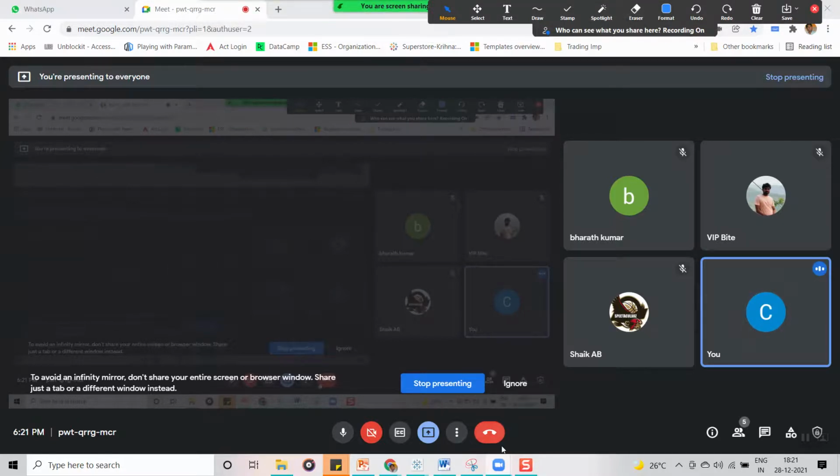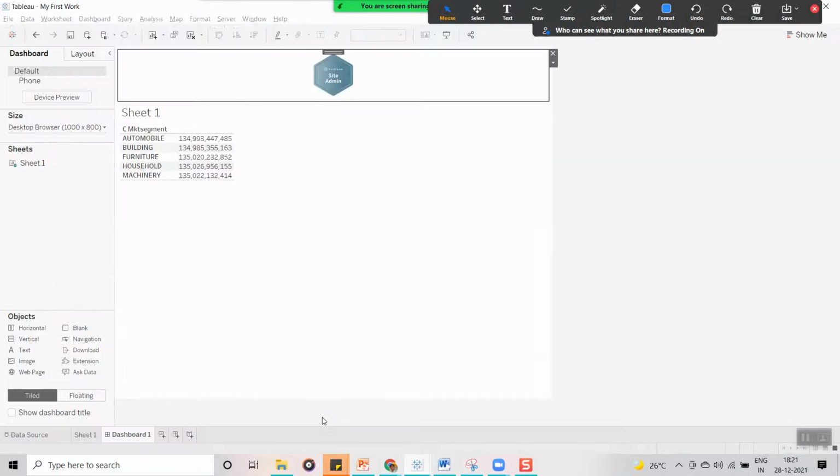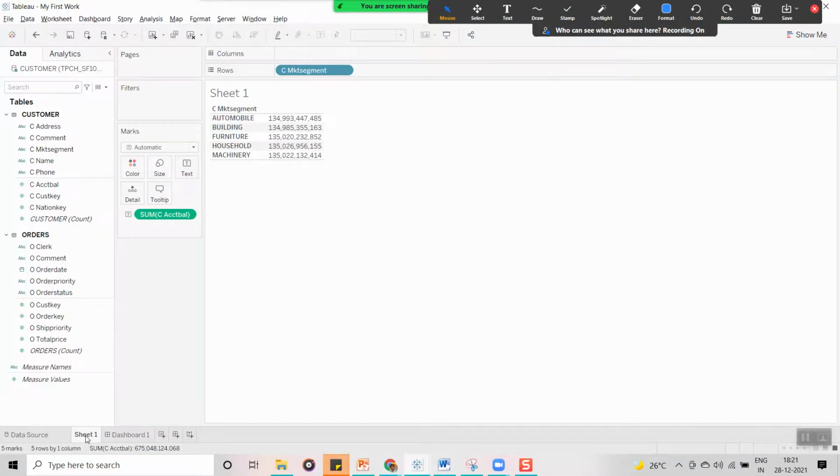And guys, one more thing. Is it clear, the file types we discussed till now? We have six file types: TWB, TWBX, TDS, TDSX, TBM, and .hyper. These are the different file formats we have.